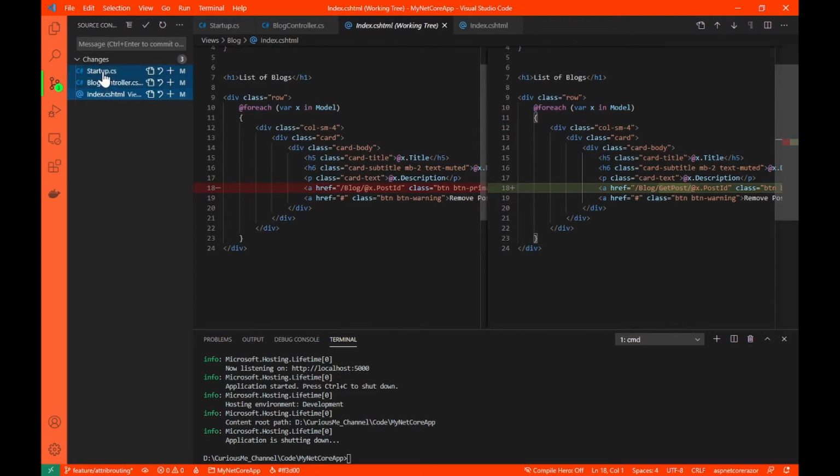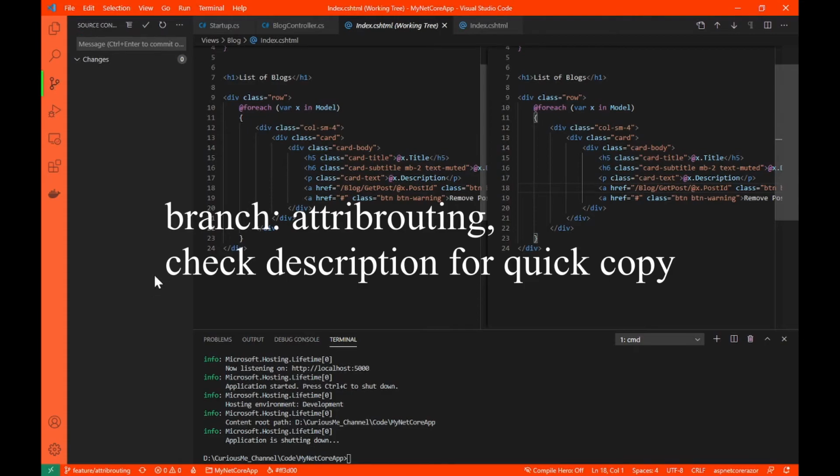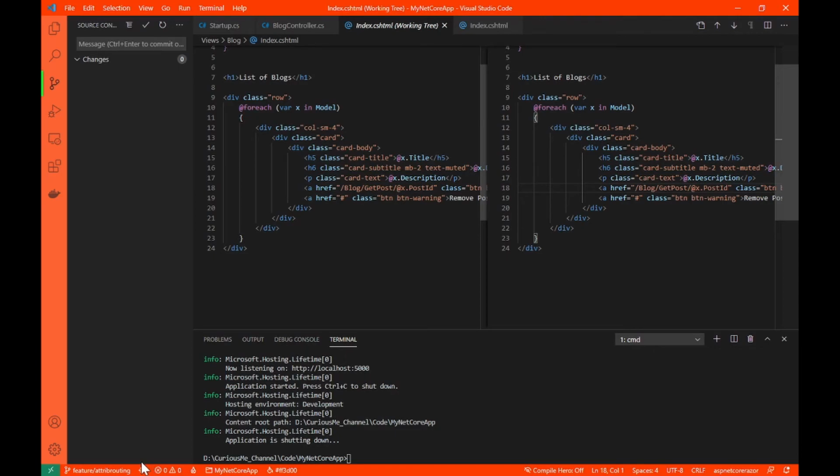What I'll do is I'll just commit this. I'll just push this so that if you want to explore more attribute routing, you can use this branch itself, because I do not want attribute routing, and I'll tell you why.